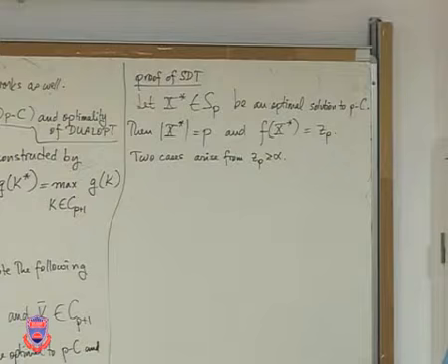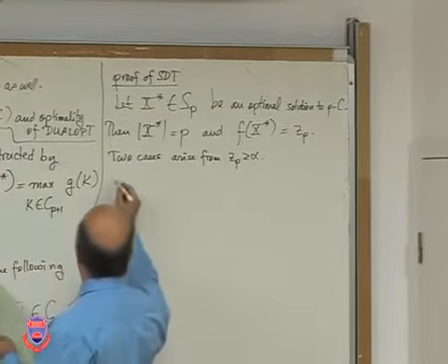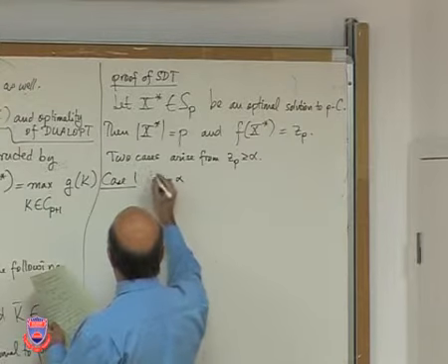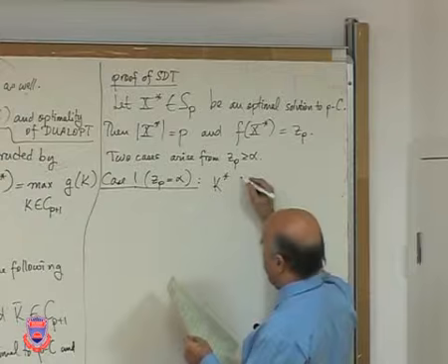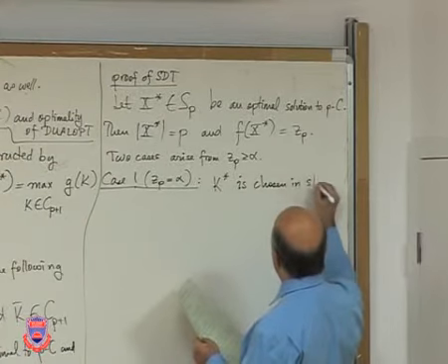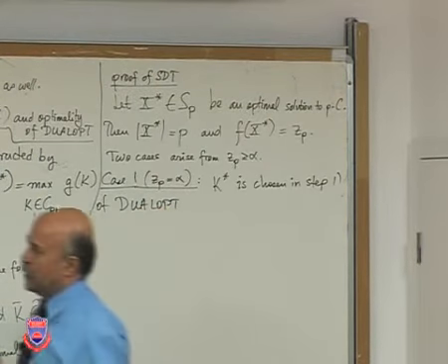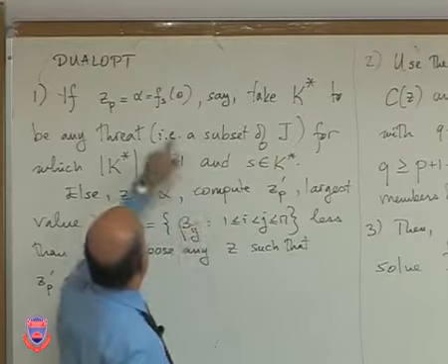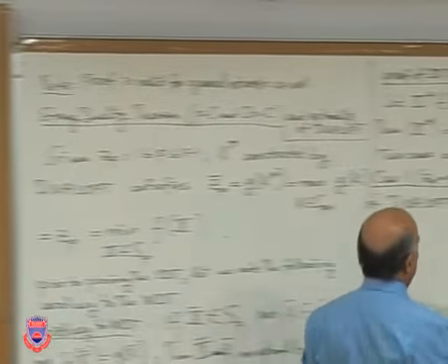I know that ZP is always greater or equal alpha, so there are two cases arising from that. One is the equality case, the other one is the strict inequality case. So let's go through the first case. ZP equals alpha. In this case, my K star is chosen in step 1 of the algorithm Duality. Remember, whenever ZP is equal to alpha, you pick your K star in such a way that you take the index S, which supplies the value of alpha in K star. Okay? So K star is chosen in step 1 of Duality,